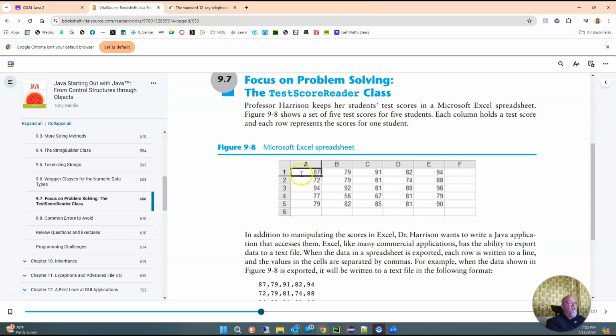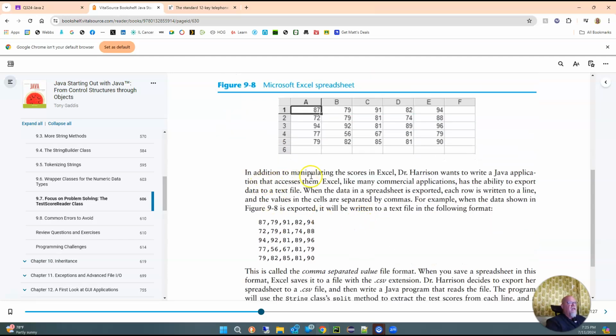Each column holds a test score, and each row represents the scores for 1 student. So this row of 1, 2, 3, 4, 5 scores, row 1 is 1 student, row 2 is the next student, row 3 is the next student, and so on. In addition to manipulating the scores in Excel, Dr. Harrison wants to write a Java application that accesses them. Excel, like many other commercial applications, has the ability to export data to a text file. When the data in a spreadsheet is exported, each row is written to a line, and the values in cells